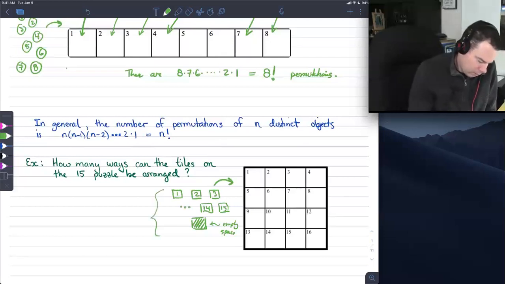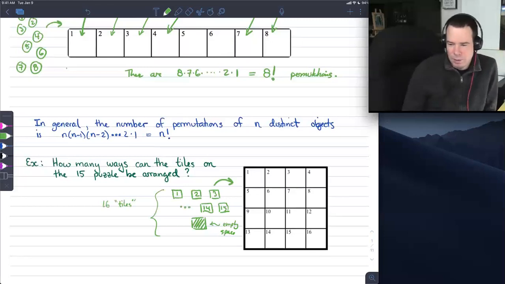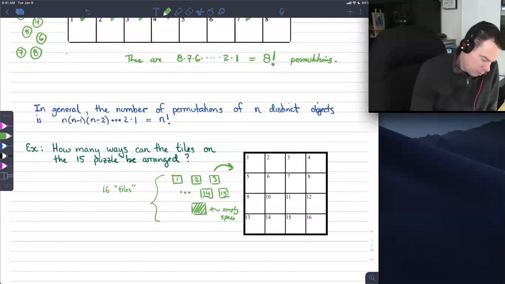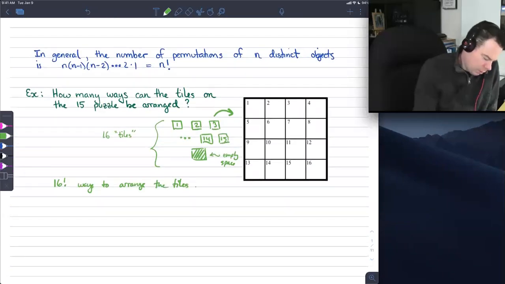So we've got 16, and I'll put in quotes, tiles that we're going to arrange on the board, because one of them is the empty space, so it's not really a tile. And so there's 16 factorial ways to arrange the tiles. As a follow-up question, how many ways can we arrange the tiles